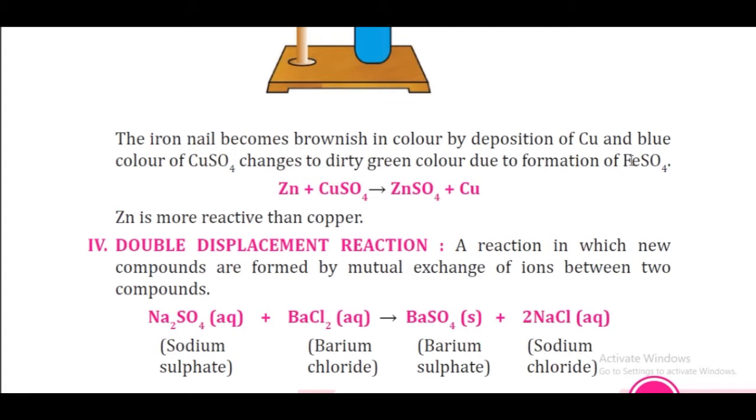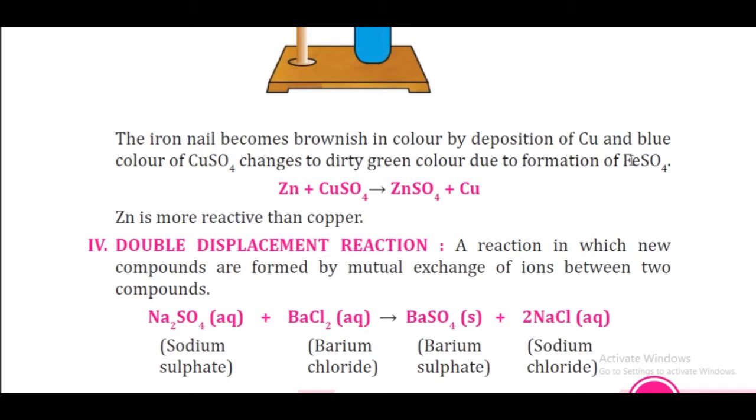But whenever the reaction goes in the reverse process, that is, if you react copper with zinc sulfate, then no reaction will take place because copper cannot displace zinc, as copper is less reactive than zinc. So for this we have to remember the reactivity series. In the reactivity series we know about the reactive and less reactive metals, so we can judge which metal can displace which metal according to the reactivity series.